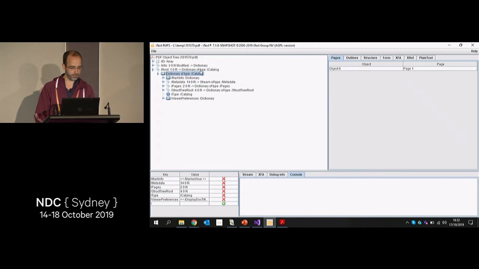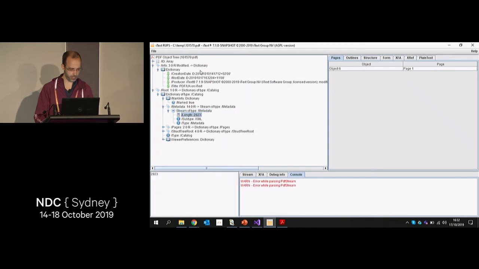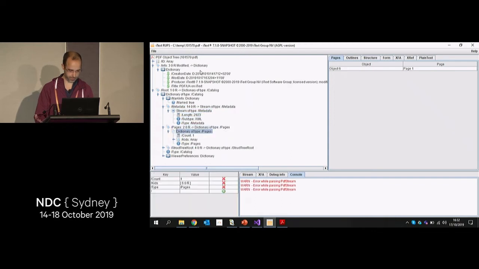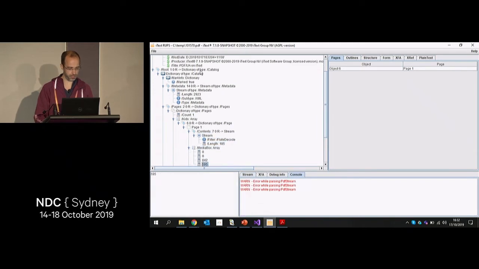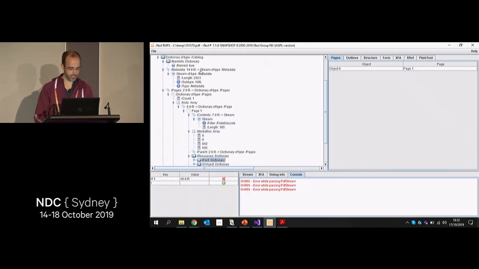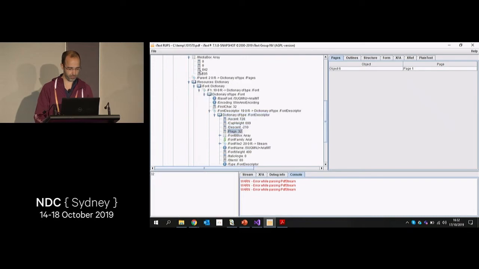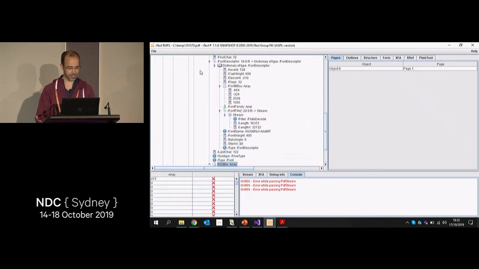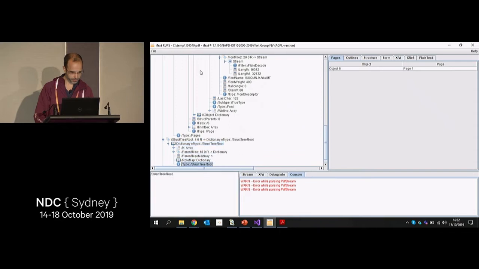So, PDFs. I'll just expand stuff so you'll see what that looks like. Just out of curiosity, all of this is just for that stupid, simple document.